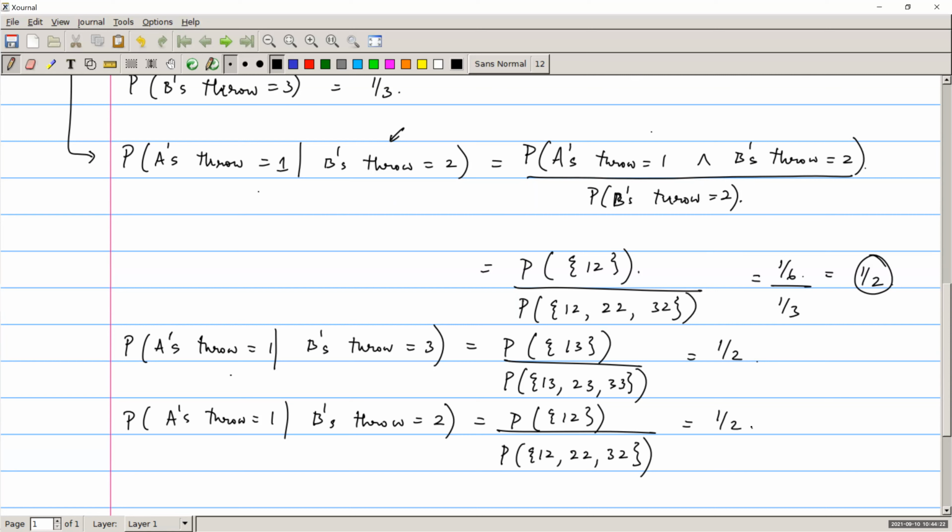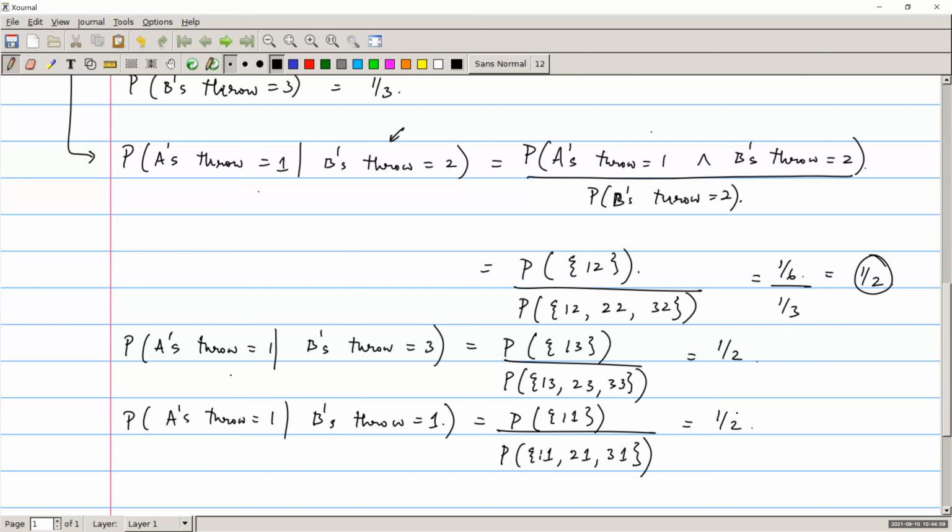And this is also 1/2. Okay. So here, the probability that the throw equals 1 did not change, regardless of what B's throw was. Well, actually we did the same probability twice, but it doesn't matter. So regardless of what happened to B's throw, in fact, if I ask you this, it will also be 1/2. So in this case I've set things up so that B's throw does not give you any information